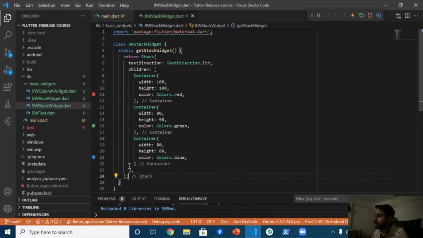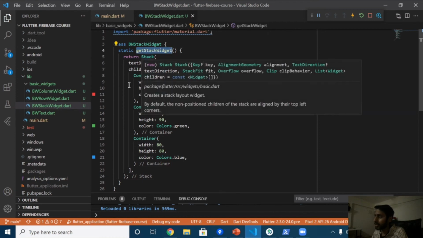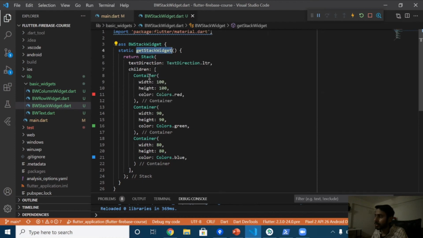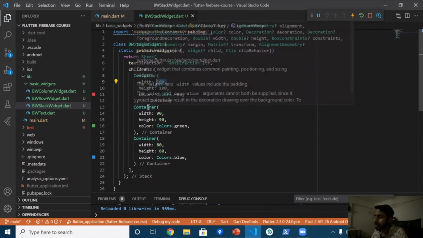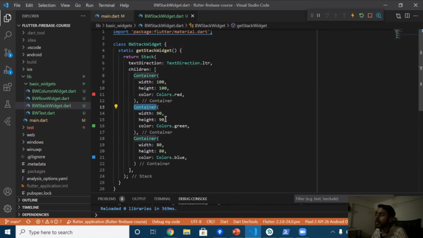All right, so this is the code for stack widget, where I have created a class, inside that a static function, and that function returns a stack widget having 3 children. Each of them is a container: the first container is 100 width and height, the second container is a little lesser than that, and the third container has the lowest dimension.